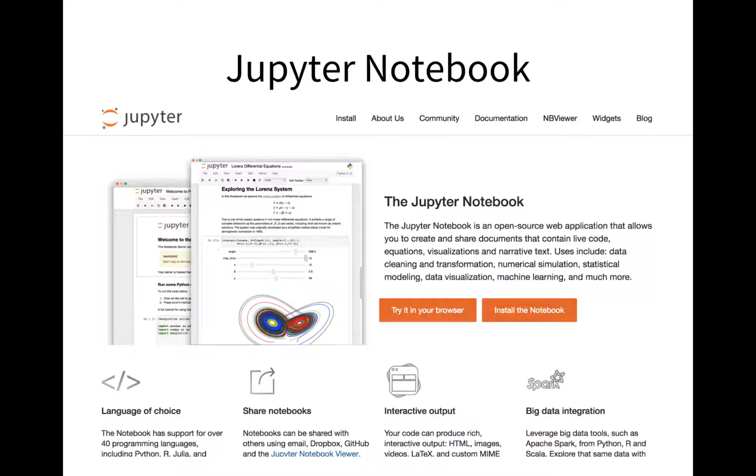So the Jupyter notebook, I was going to say, people should know that it's for multiple languages. There's a language called Julia, there's a language called Python, and there's a language called R. So that's where the Jupyter name comes from: it can read multiple languages. Jupyter, Python, or R.